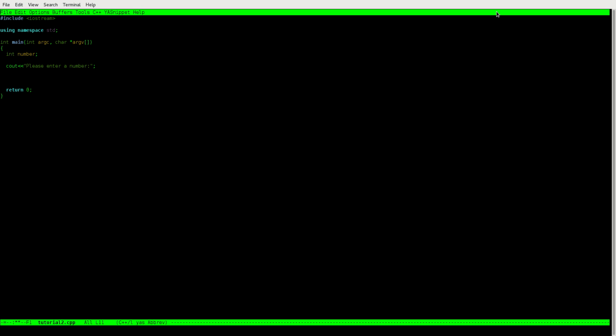Okay, so just like we have cout, we want to get information in from the console, so we have cin. Now the pipes go the opposite direction, and we want to put what we get from the user into our number variable. Then we're going to print out the number you have entered